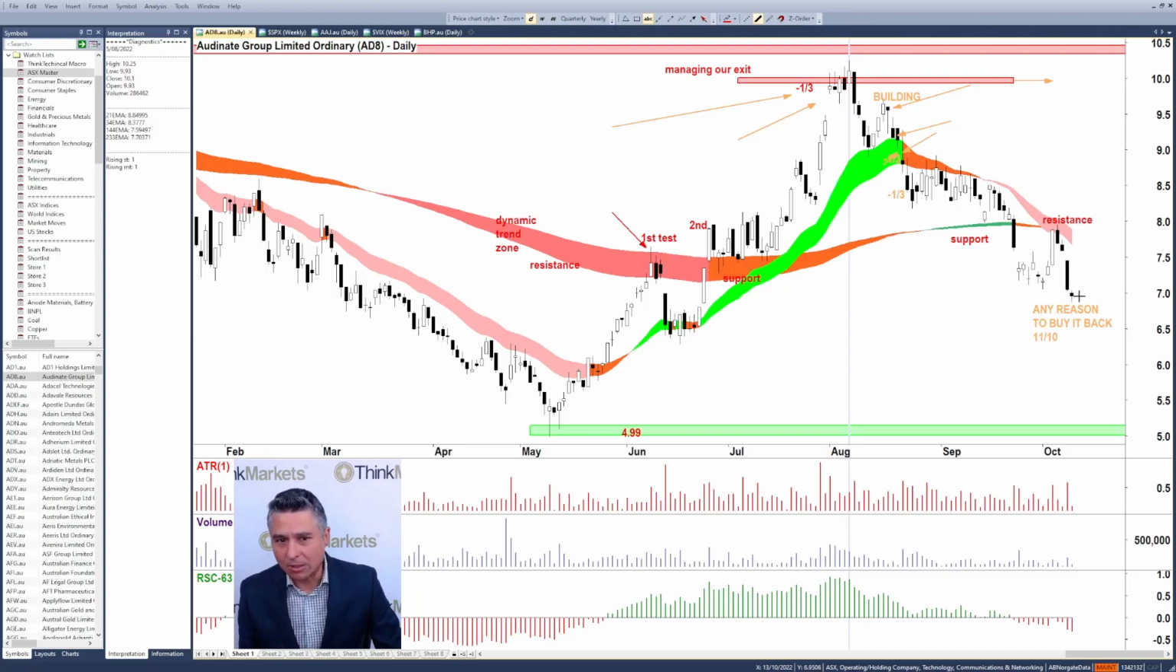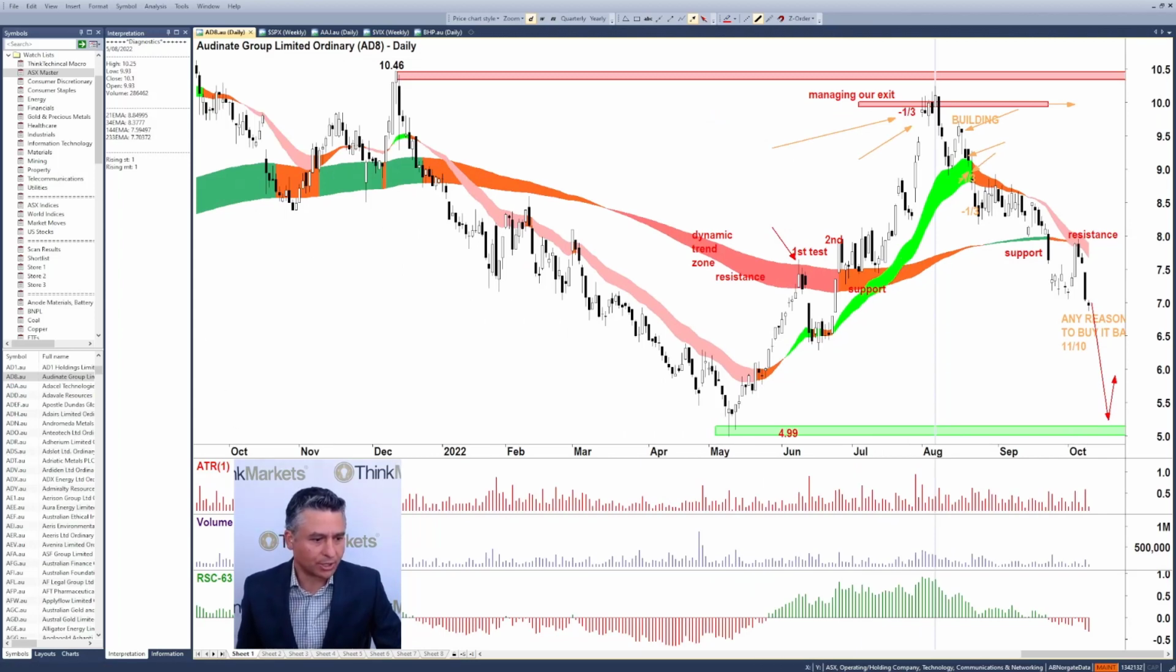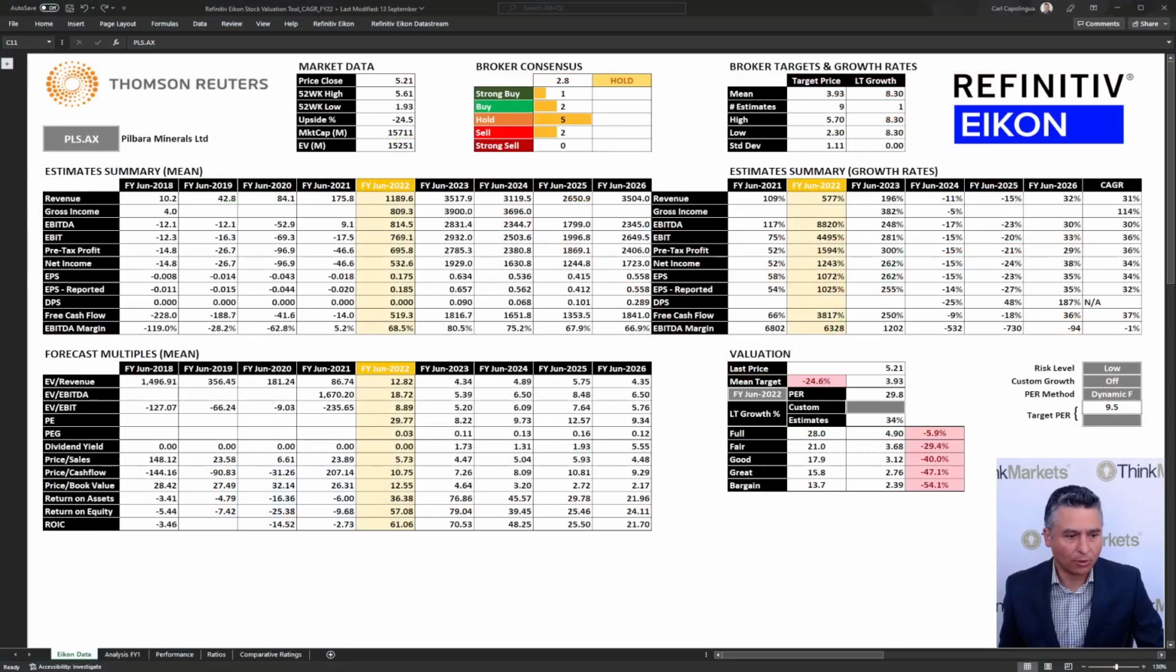I can't see any reason why this would bounce from here. I can't see any reason why it won't continue to fall and probably come back and test this zone here. So if I had to go buy, hold, or sell on that one, I'm very clearly there for a sell